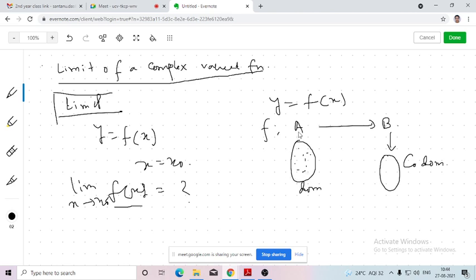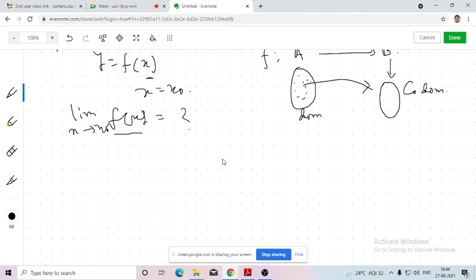While we are defining this function, since this is one independent variable, we can take the value of x from here and the value of y we should get at the codomain. So the function must possess the value corresponding to each and every value that the domain has. That means corresponding to each and every value of the domain, the function must provide a definition. Otherwise, this will not be a function.